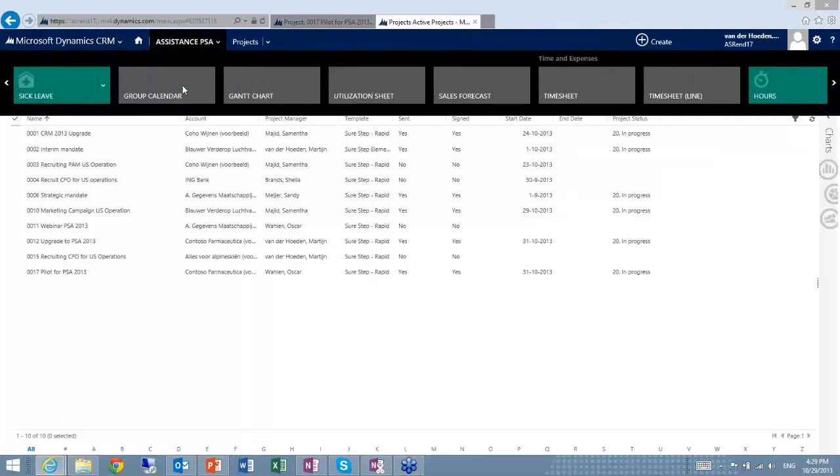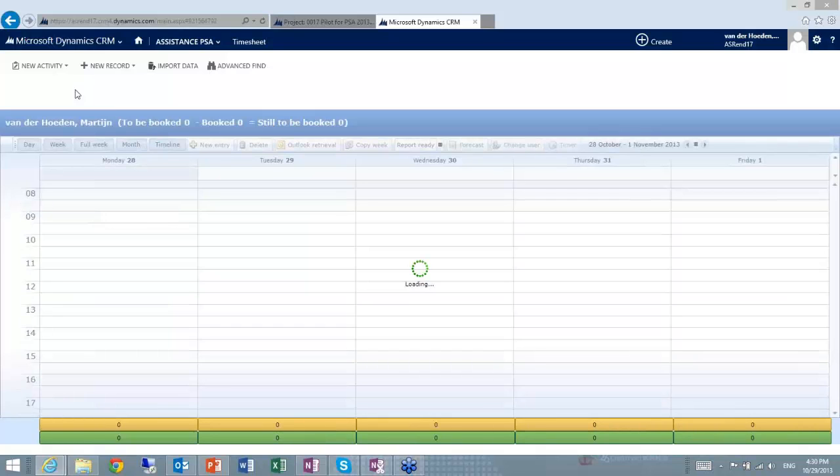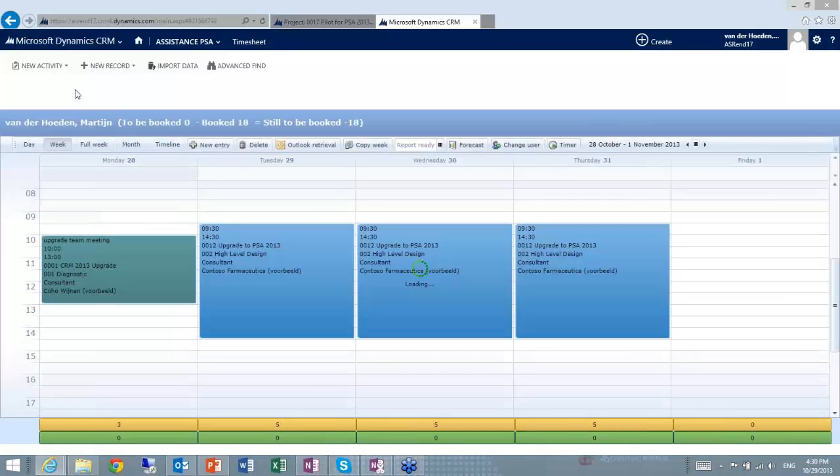I'm going to open up my timesheet, and instead of scrolling to the right with my mouse, I can use my little scroll wheel on my mouse. That's really very handy. Or I have a touch screen here, you don't see it, but I touch timesheet now, and now the timesheet is starting and we can book some time. The Silverlight components like the timesheet, utilization sheet, and the Gantt chart are all working, and as you can see, they really stand out with the new CRM 2013 UI, because we can now use the full screen, and it gives me more